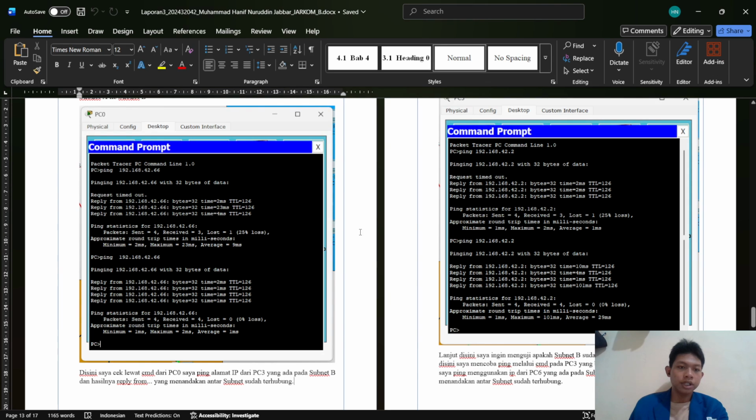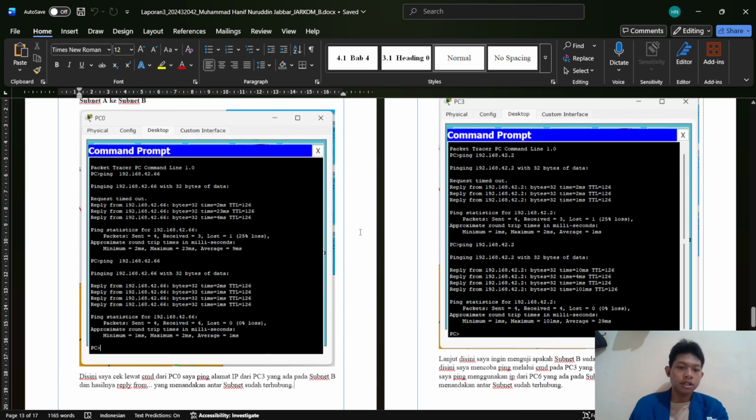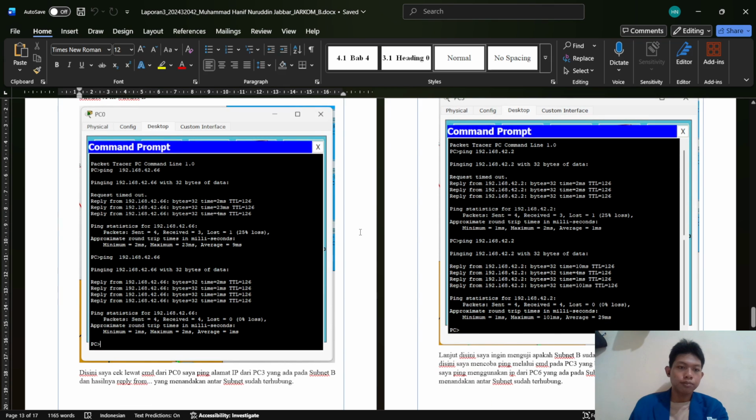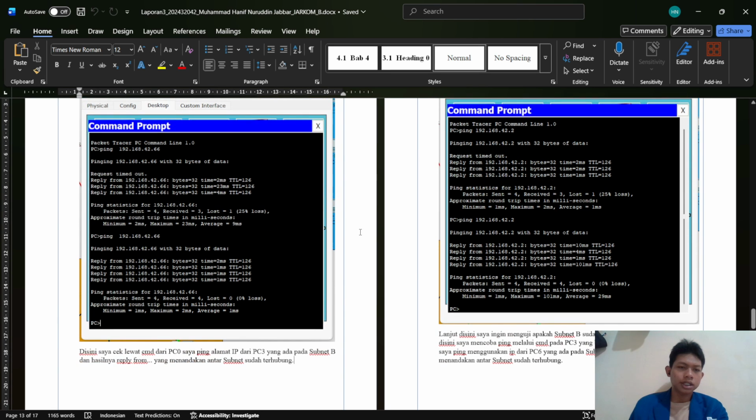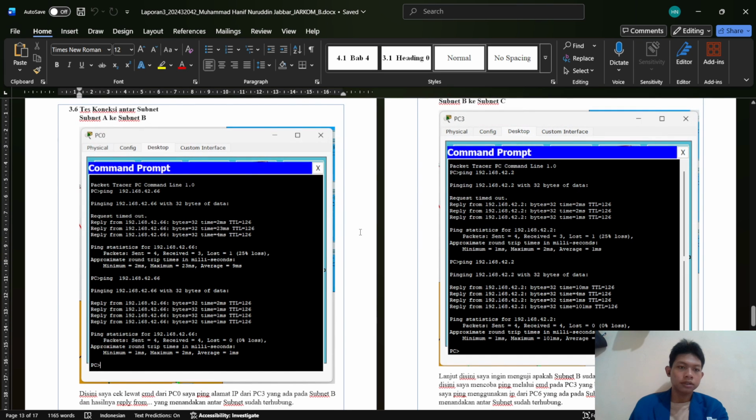Here I ping IP PC3 and IP 119.116.8.142.166, and output is reply from. This subnet A to subnet B, I successful my connection.